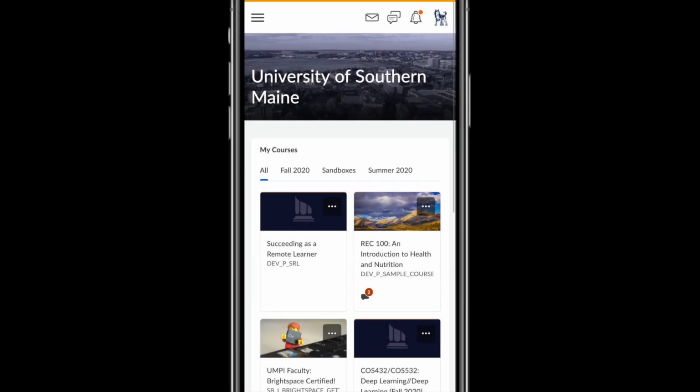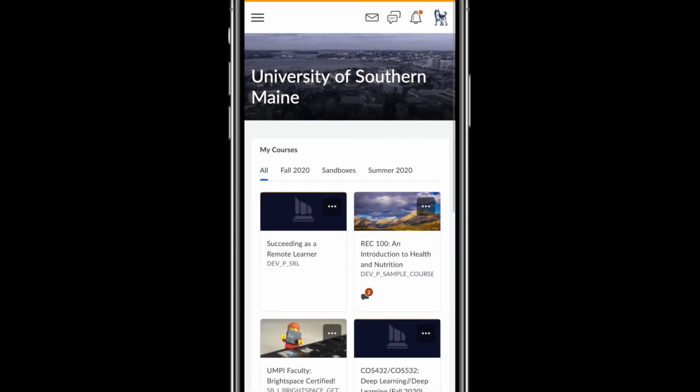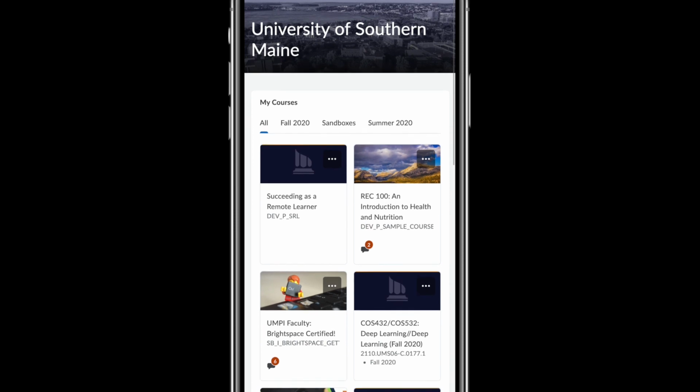When using Brightspace on a device with a small screen, some of the buttons from the mini bar and the whole nav bar will be moved into a menu which can be accessed by tapping the button in the top left corner. The Home button, UMS logo, and Waffle button will appear at the top of this menu, with the name of the page that you are currently on displayed below them. The rest of the menu will contain all of the options that would normally appear in the nav bar. The other thing that you will notice when using Brightspace on a mobile device is that instead of having things in multiple columns, often everything will be displayed in a single scrollable column.